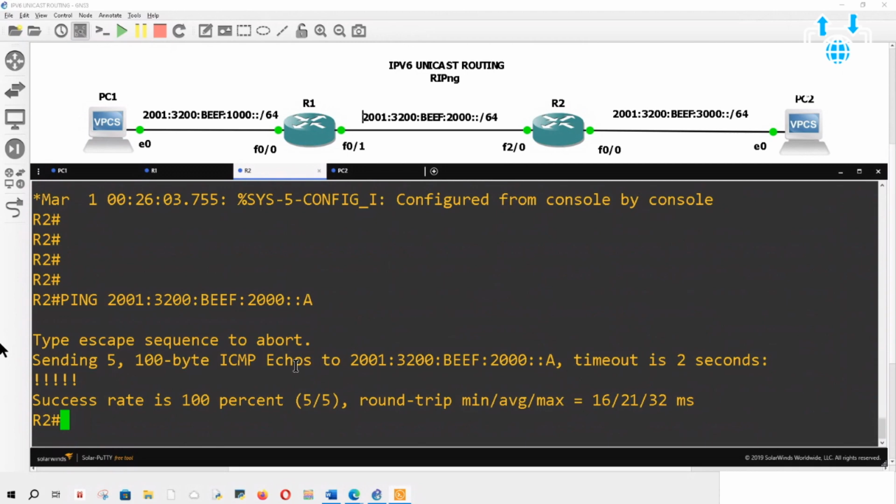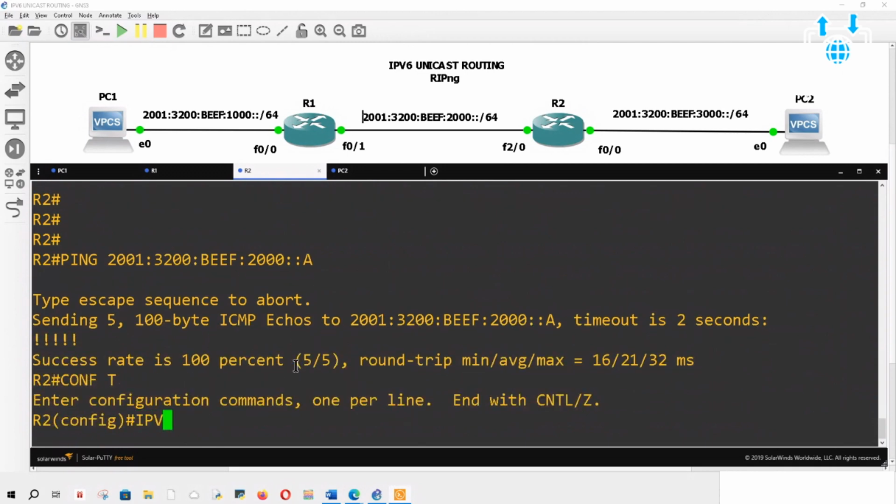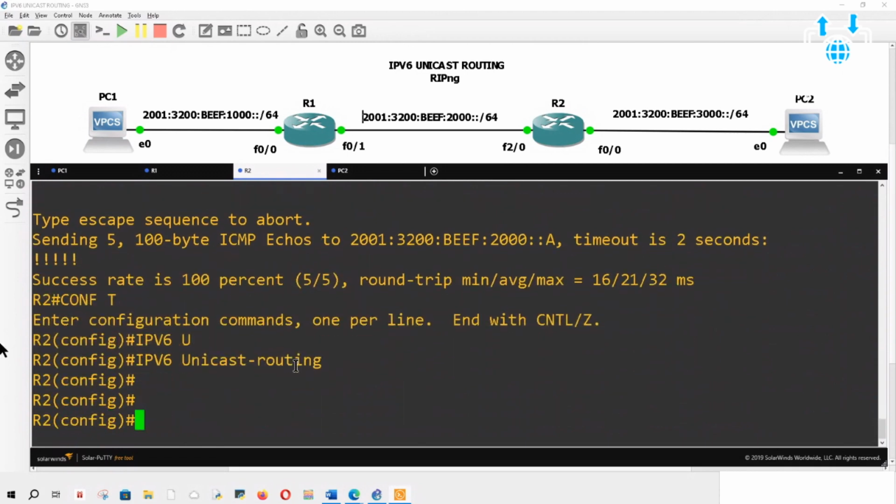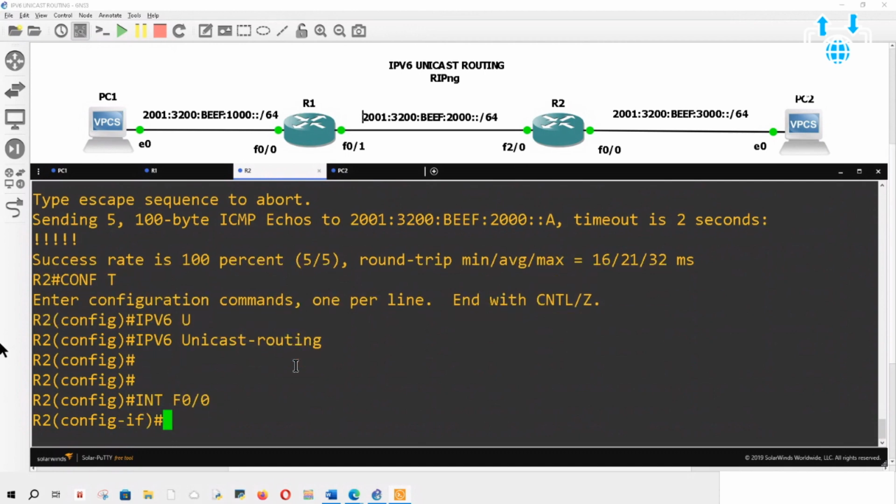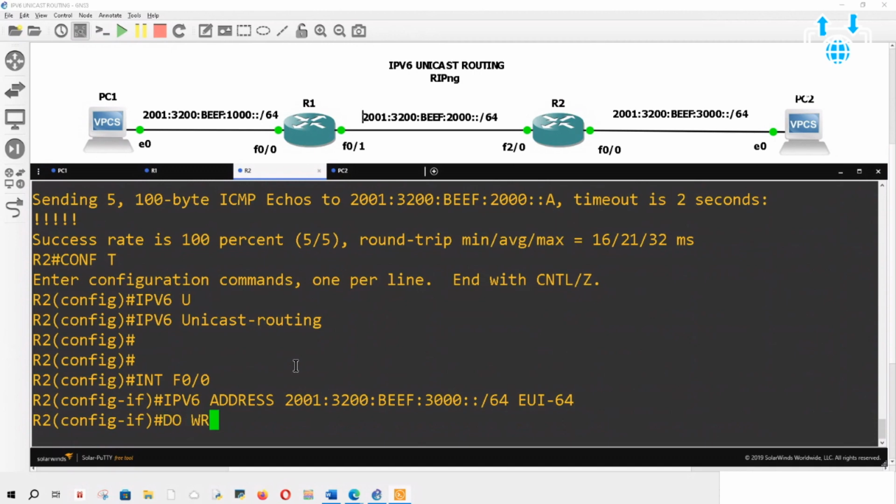So let's go ahead and turn on, since we're here, IPv6 unicast routing. We didn't do it. All right, and let's go to interface F0/0. And then we're going to do IPv6 address 2001:3200:beef:3000::/64 EUI-64.